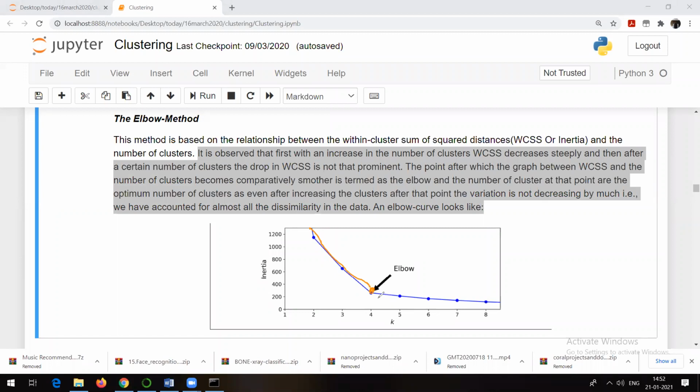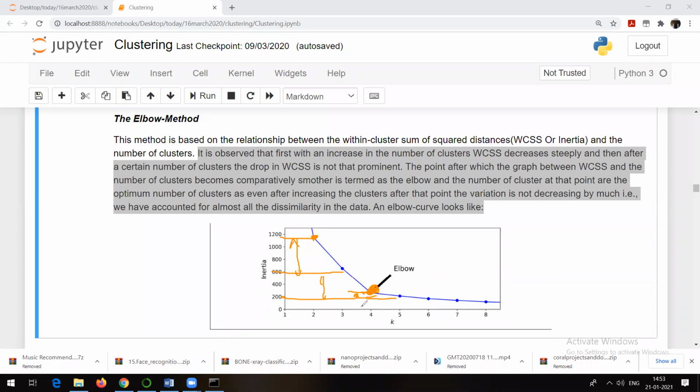So maybe in this case you can go for 4 or maybe 5 even, but 4 looks better. Where are you getting the elbow shape? So this is the point where you are getting the elbow shape for this. Or even you can look at it like this. See, the WCSS value was very high. And then for k equal to 3, again the change is very rapid. But after this point, you just check, the change is not that much rapid. So this is the starting point after which the change is not that much rapid.